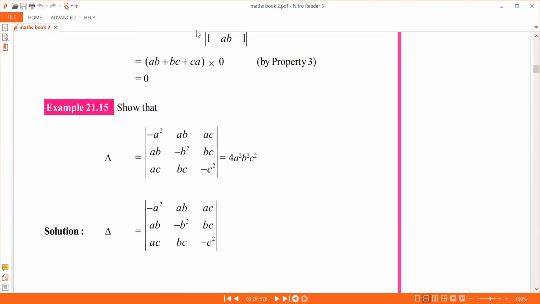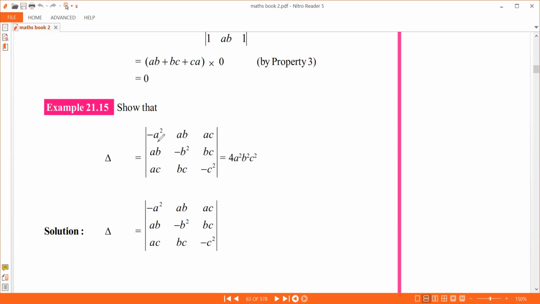I feel like this is like trigonometry. Trigonometry is even tougher, but this is also tough. In trigonometry there are many questions, like showing that cos square theta plus sin square theta is equal to 1, but there it is formula-wise. Here the logic is more. Trigonometry is easier for me, because if you apply the formula directly you can solve it, but here you have to apply more logic.